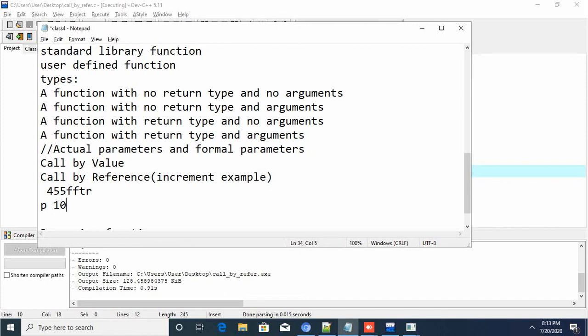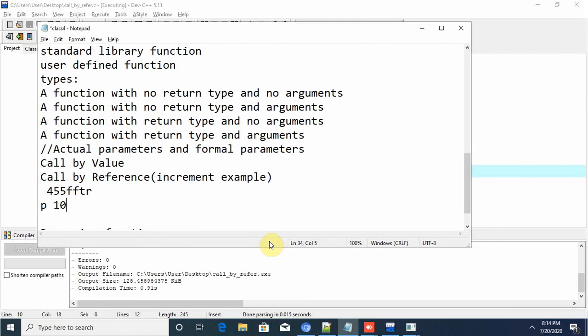Here that pointer is nothing but it is pointing to a value. That value holds an address. Yes, Girish, tell me.